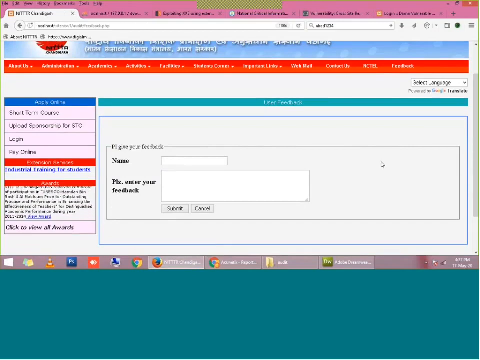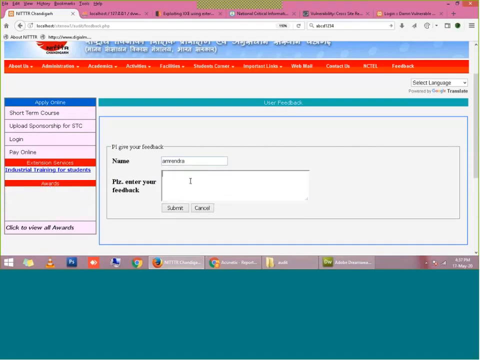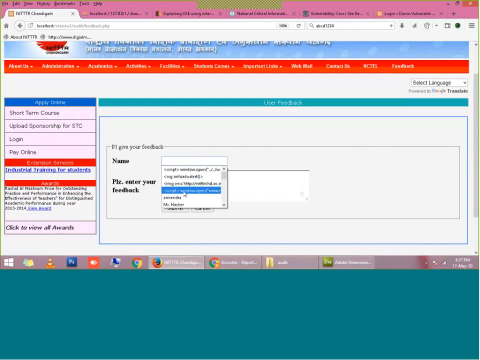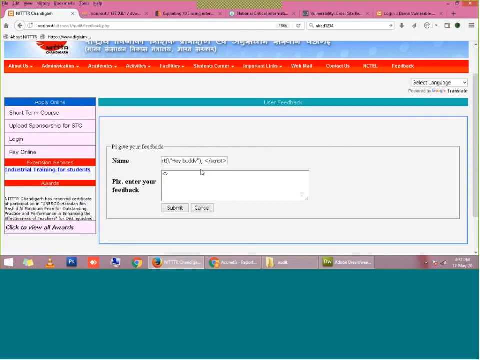like stored cross-site scripting, earlier I was writing here Amrendra, and I am able to write any JavaScript here, right? By doing this, my site is going to be vulnerable with this cross-site scripting, right? So to avoid this type of attack,